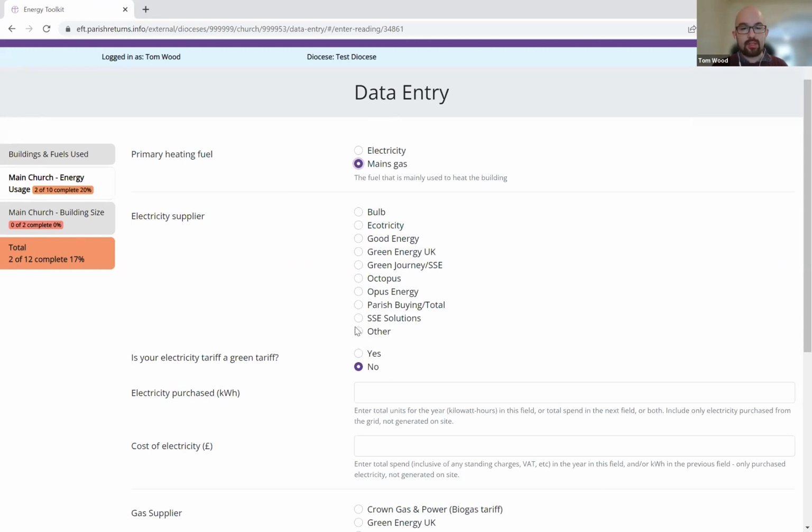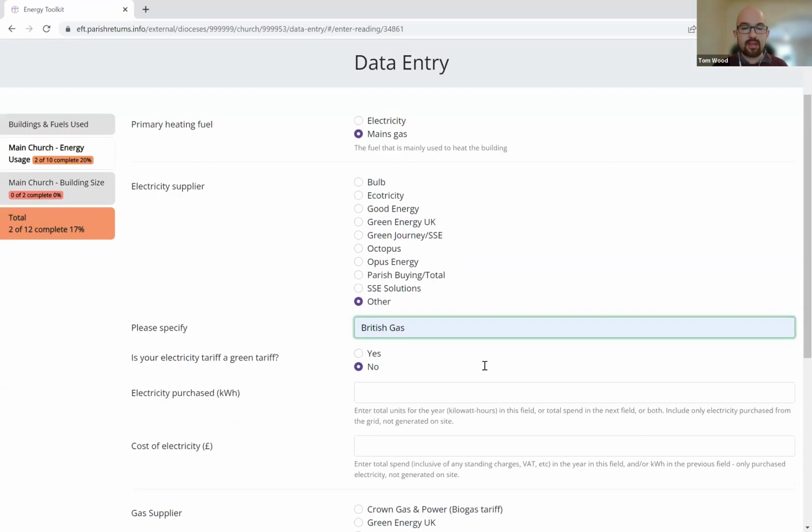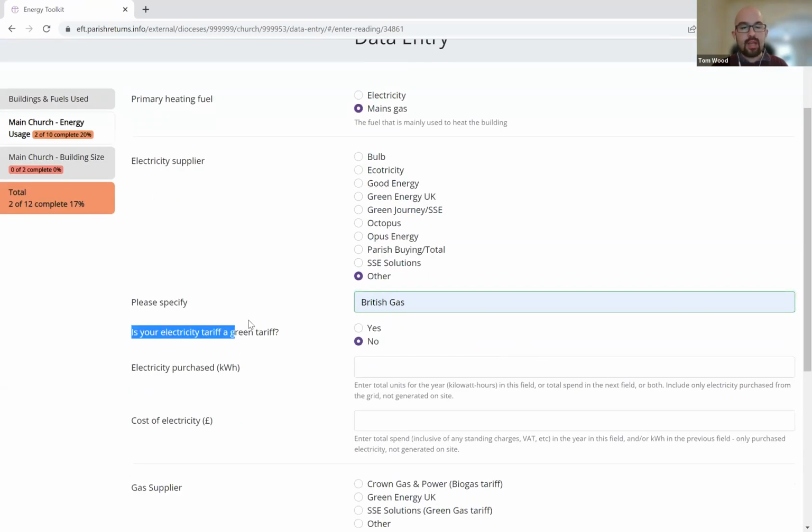So for this example, we'll tick other. If your energy supplier is not on this list, you can enter the name of the energy supplier in this box. We have this question, is your electricity tariff a green tariff? If you press yes, then we record that as a green tariff, and we use what you've ticked in this box to calculate whether that's